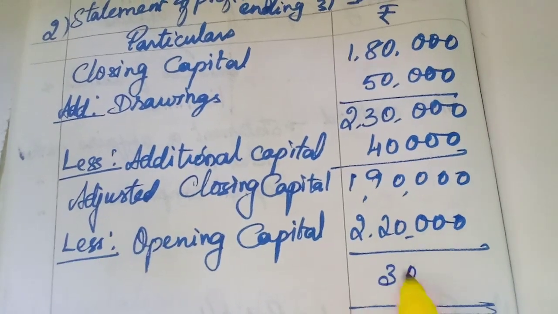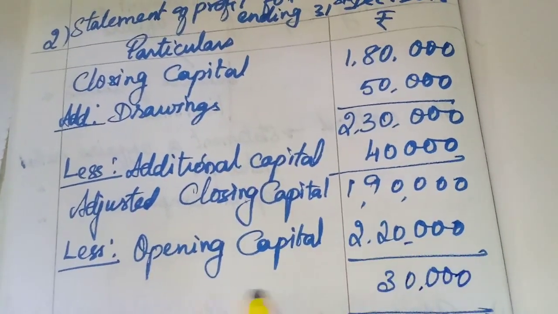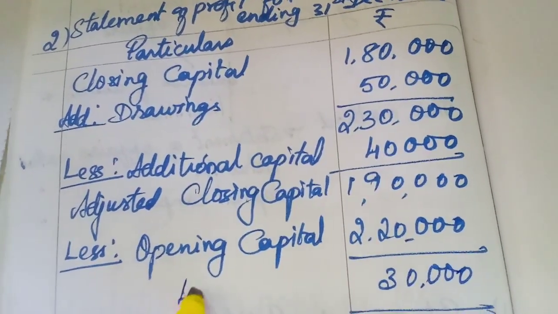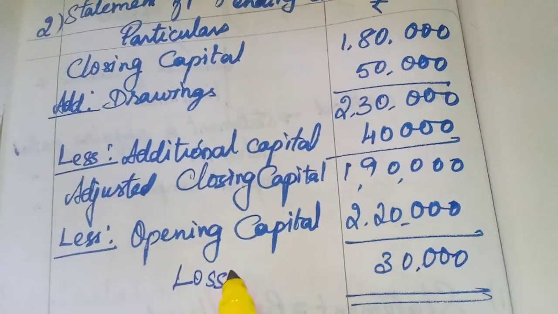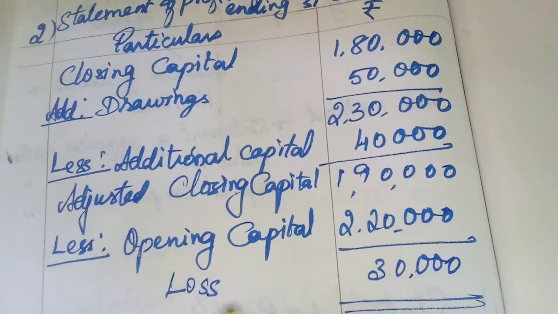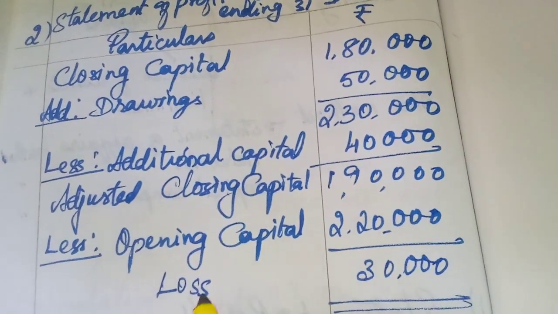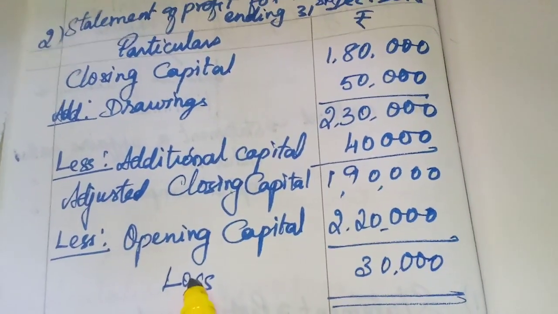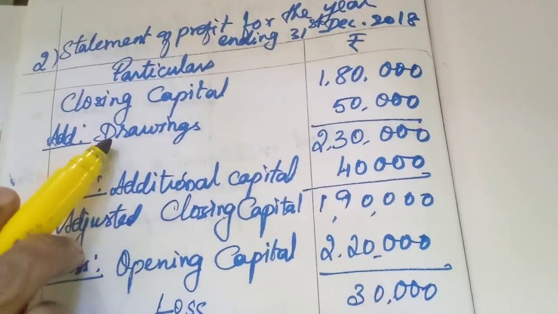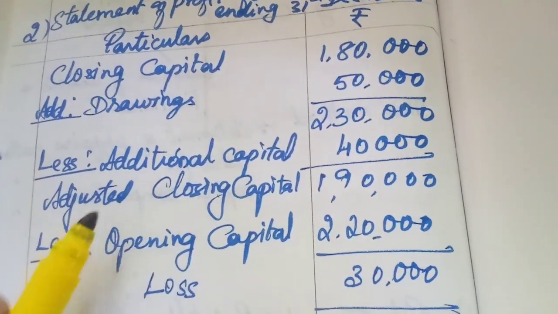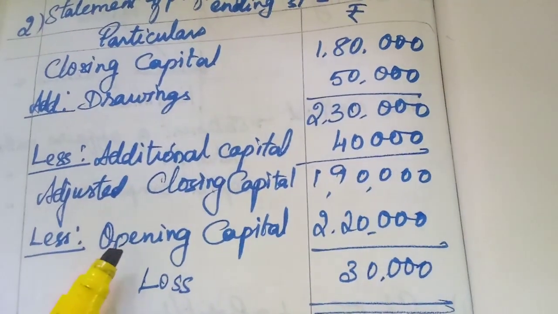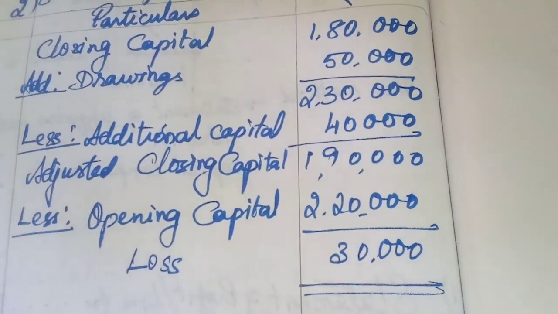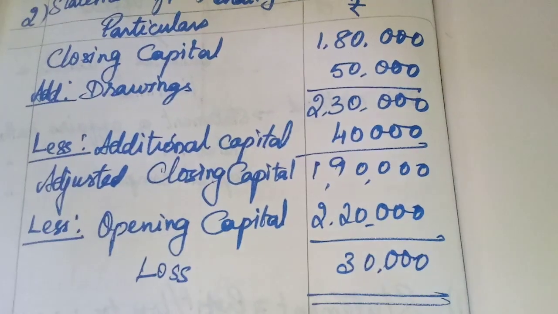Isn't it? Here 1. Okay. So 30,000 we will get. That is the loss. Now we have understood. We have seen one problem asking for the loss. We have calculated and we got loss. Here they may ask again any one, drawings or closing capital or adjusted closing capital or opening capital, any item they may ask,